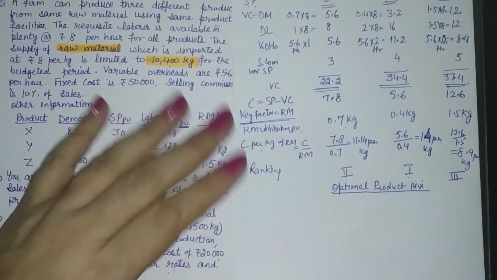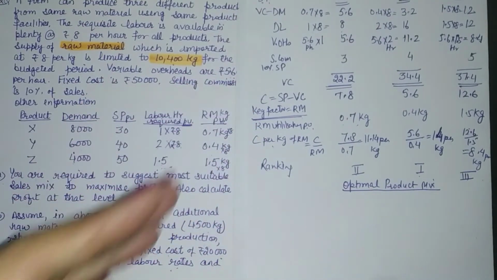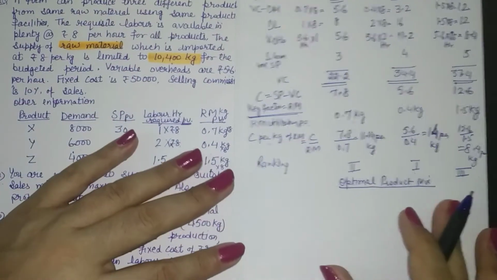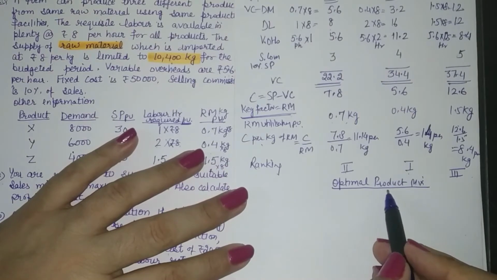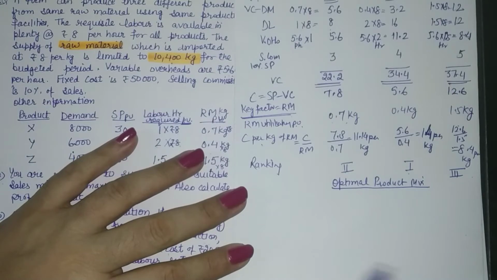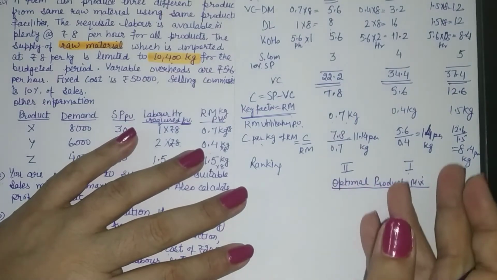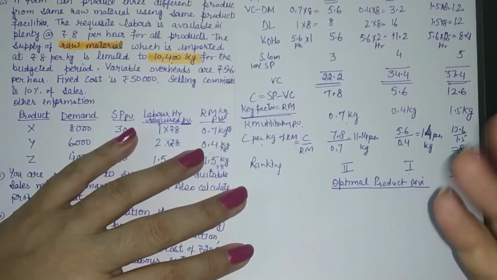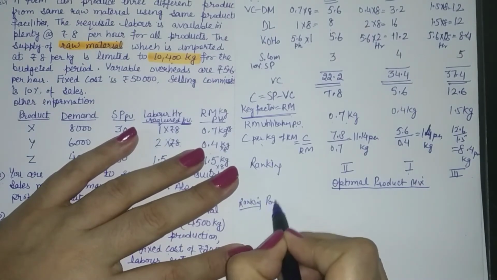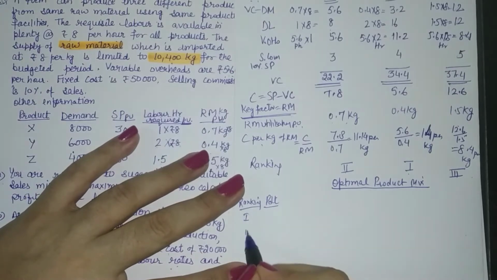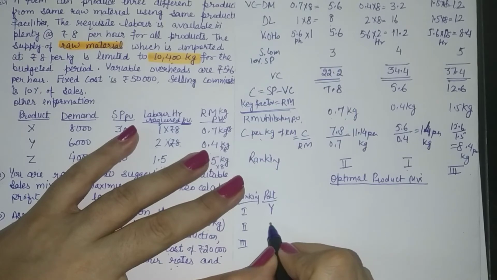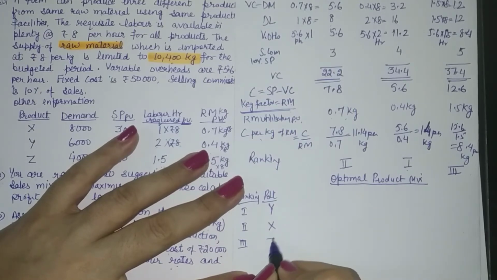Now in order to develop this table, we can always learn the table and its components, but one should know how to develop the table. So you are to develop this table for calculating product mix, that is which product should be produced. For the production we have a ranking. We should go for Y first, then X, then Z. It means we should write our product lines based on their ranking, right? Because this is how you are going to decide. So Y will be on topmost order, then X and then Z.